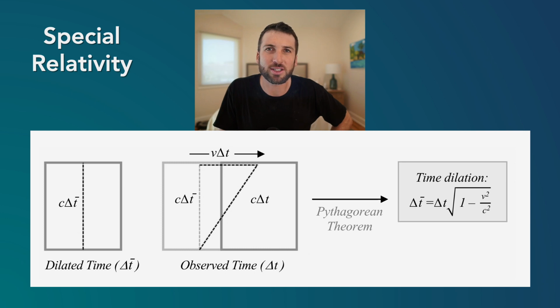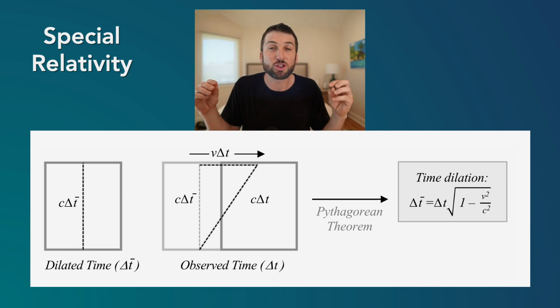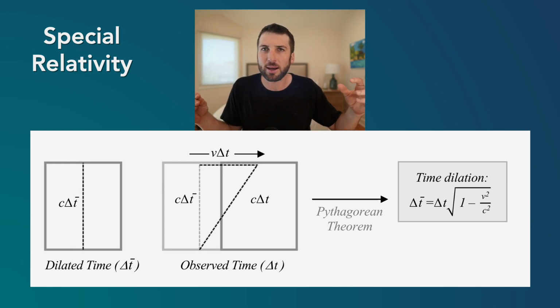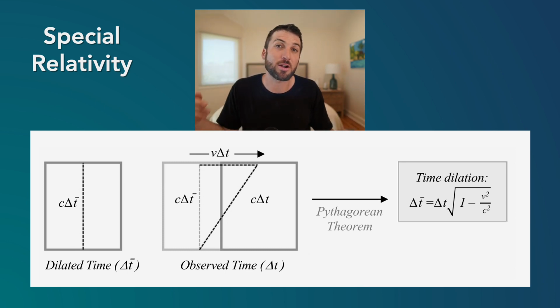And essentially, that's what special relativity is all about. It's saying that when you start moving fast, time is dilated; time moves slower. This can actually be seen with subatomic particles that have a certain decay rate: when they're moving really fast, their decay rate is a lot longer. They're slowing down, basically. Now, not only is time dilated, mass is also increased. As you go faster and closer to the speed of light, your mass increases. This is also why it's impossible to go faster than the speed of light: as you keep pushing the object, it gets heavier and heavier and requires infinite energy basically to get above the speed of light.